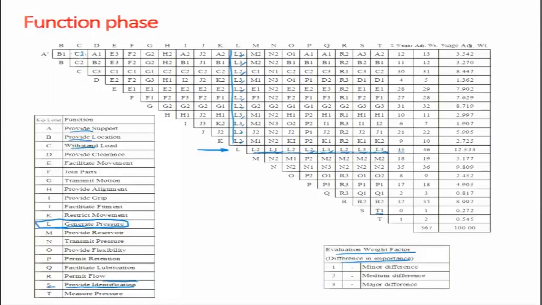Number one is for generating pressure, they need to have a product that is something that is reliable, that is a proper fitment, that is something that can be carried, the size and all those things. So, it is not paying for providing identification. That is why provide identification, that is the company stamp or company's mark, is a 0 value function here. Function S is 0. Okay.